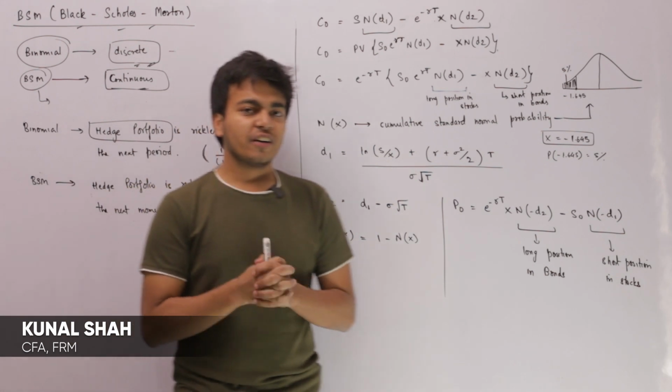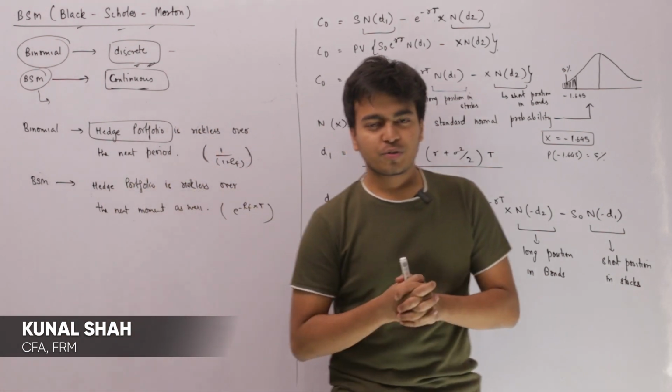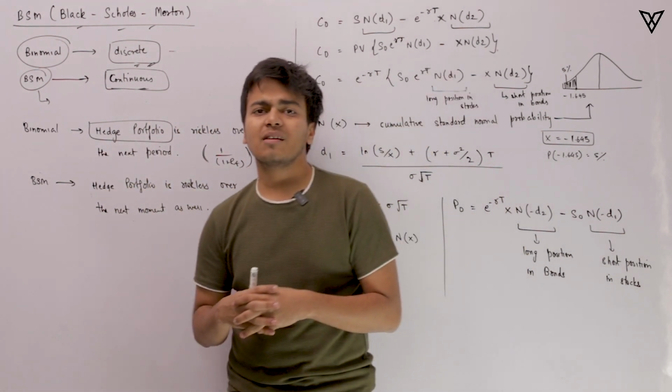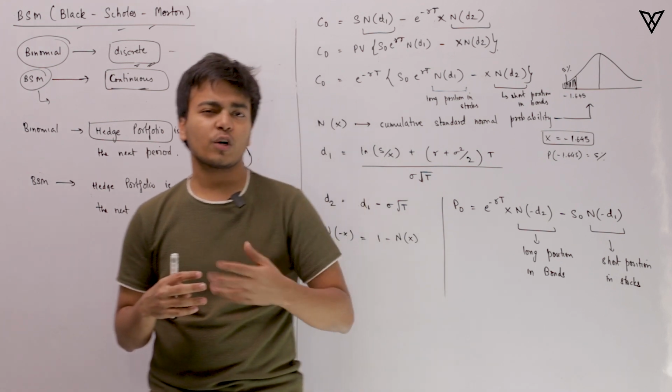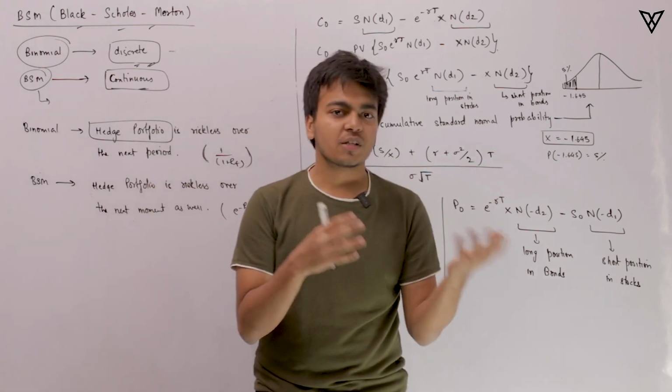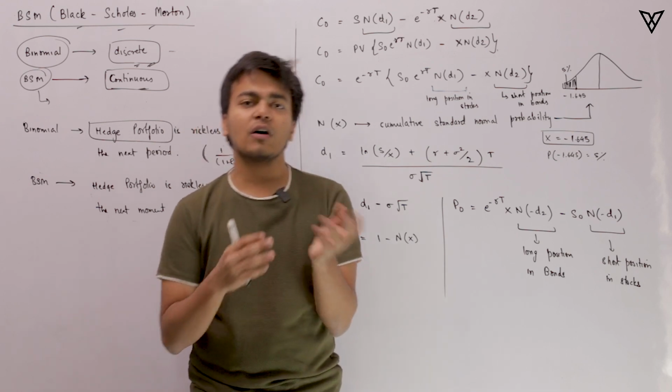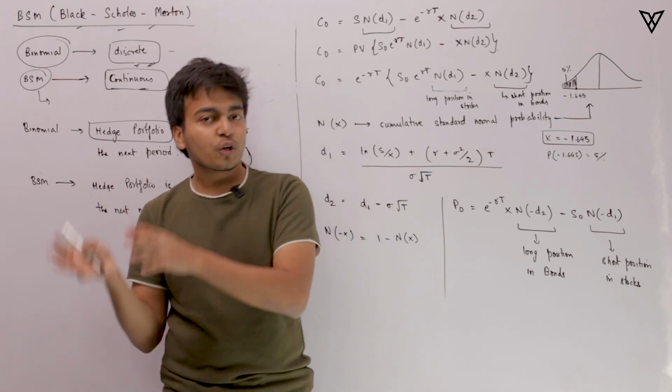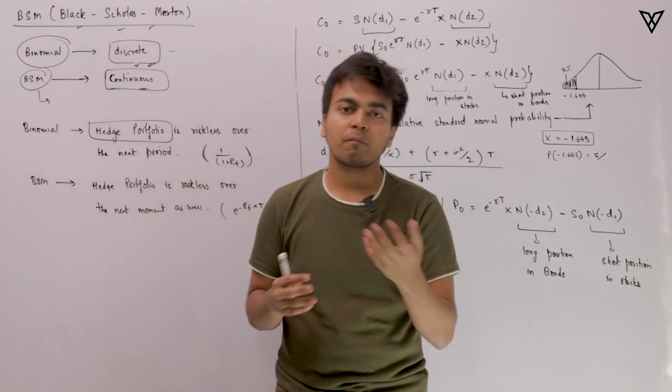Hi there. So we understood how exactly to calculate the value of options using the binomial model, and at the very same time we also used the put call parity in order to calculate the value of call option, given that we were having the value of put option, or for that matter to calculate the value of put option given that we were having the value of call option.